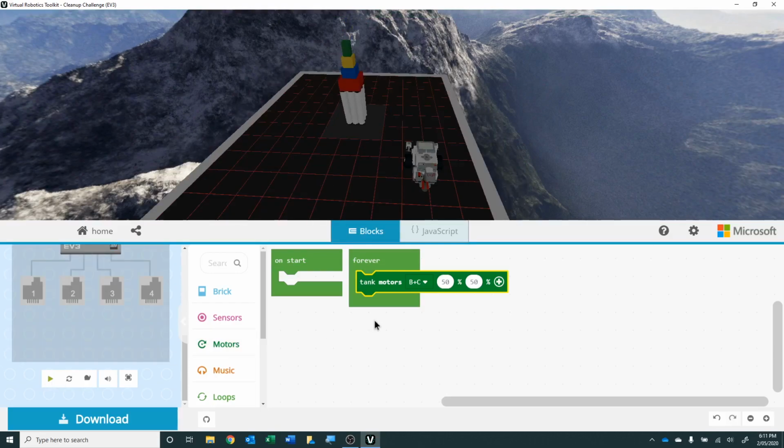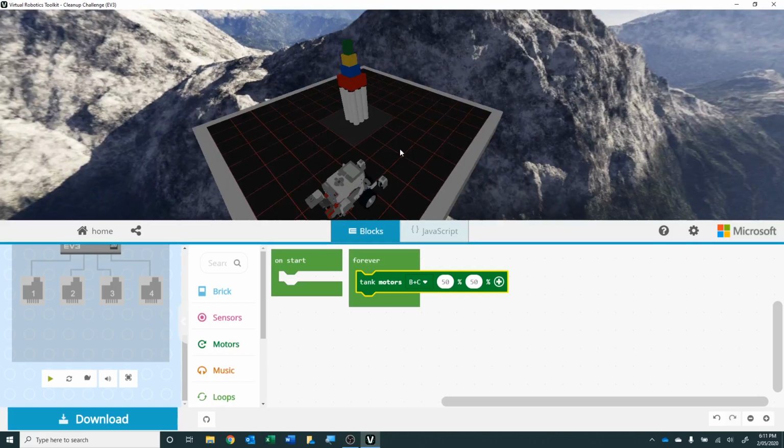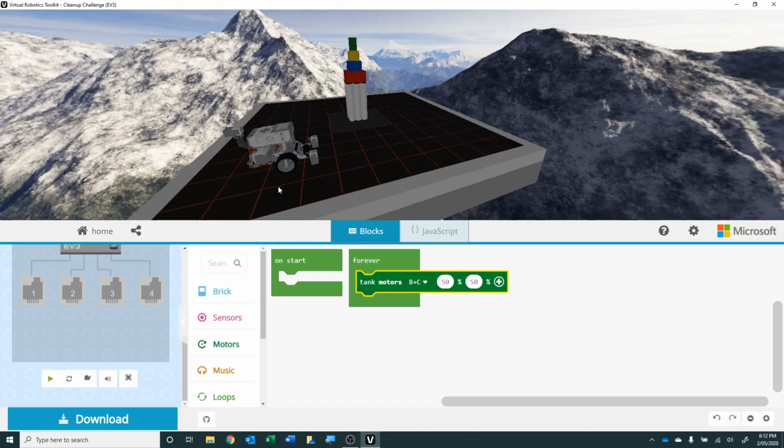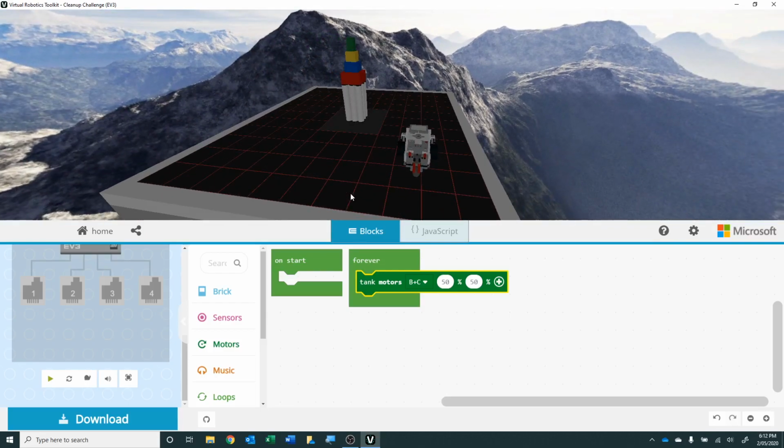Now, as we learnt the last time, we can use our sensors to notice things, and the sensors we're going to use in this one are these two light sensors, because this is dark and this is light. So as soon as these sensors get a high reading, we need to turn around or move backwards or something. So we go to sensors,